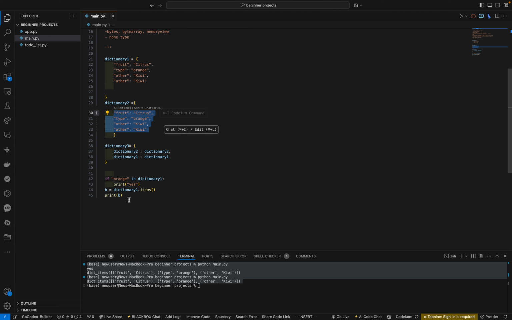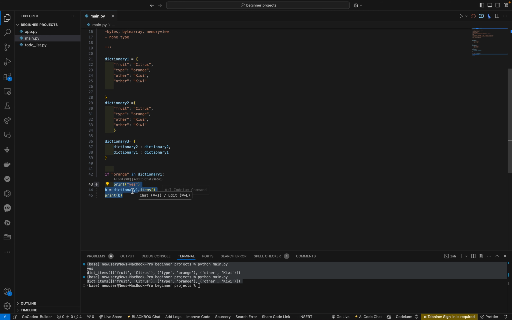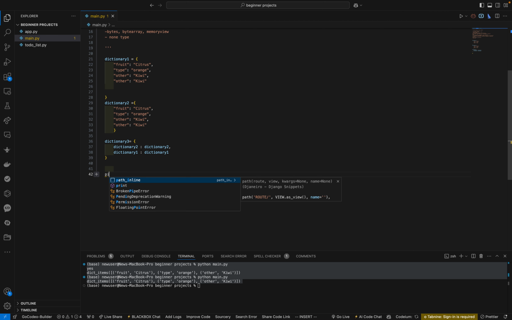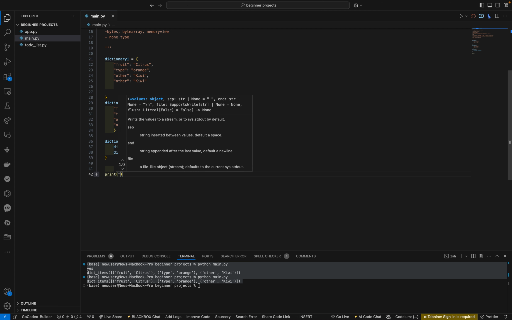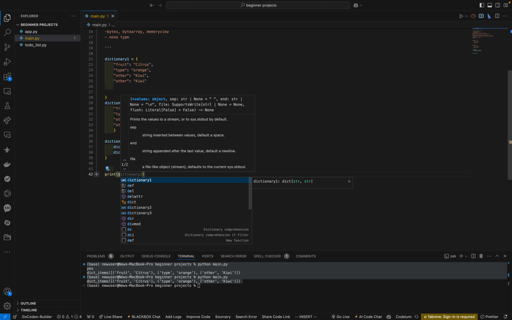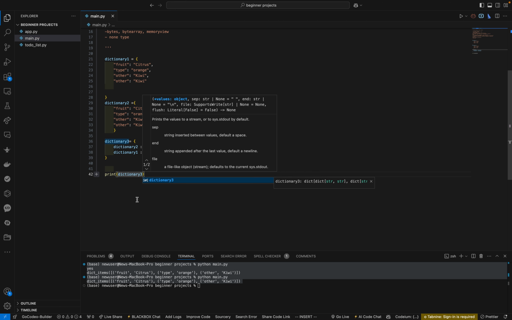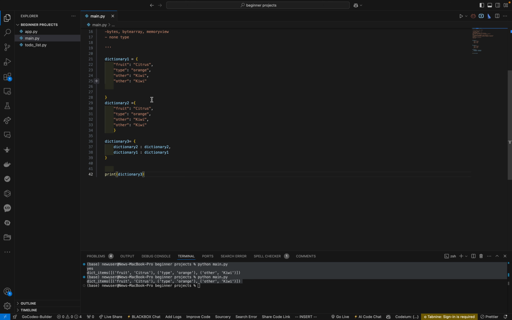So now if I should run this, if I should come here and make reference to, let me clean this so that we can have clean here. If I should make reference to clean, this is actually going to make reference to both dictionaries we have. So that is something I can just come and state dictionary 3. So now it's going to concatenate or add the values of these two dictionaries. All right. So if I should run this,